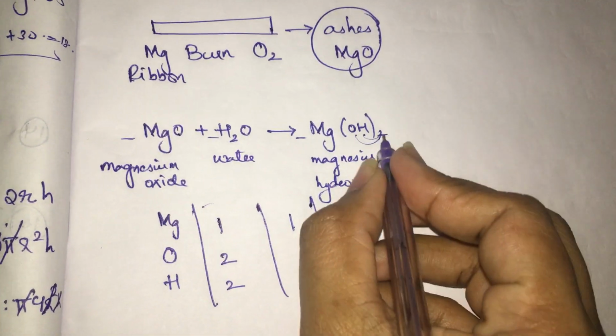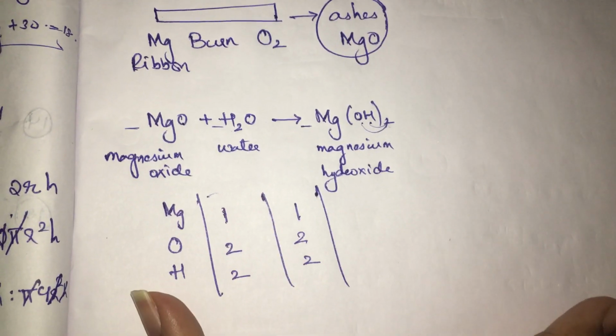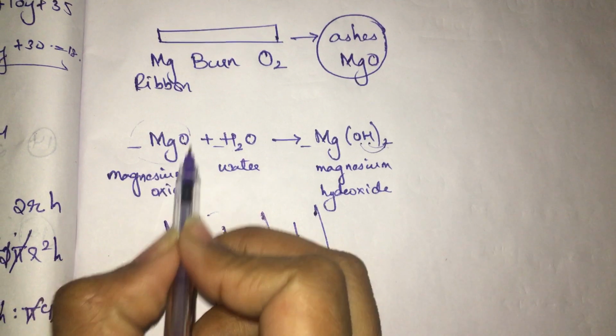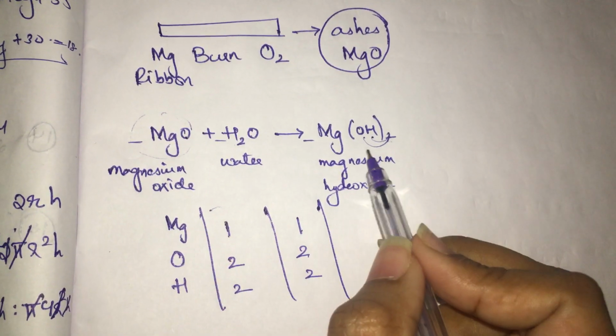So oxygen here is 2 and hydrogen is 2. It is a balanced equation in itself. Okay, so what did we take? That burnt magnesium ashes we took. With that we mixed it with a small amount of water, and we